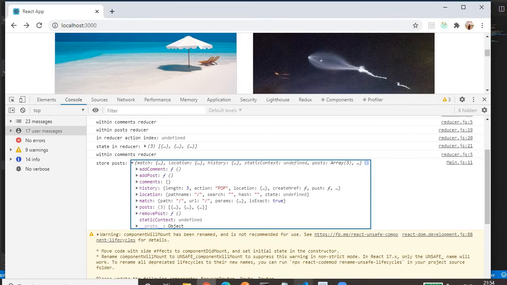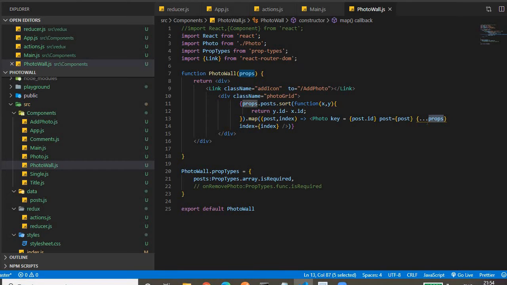We have to dispatch, that's why we have to provide the entire props. Okay, up to this you know. The only extra thing is that we have to provide the same props that we have received from the main component from the store. Then we'll go to the photo component.